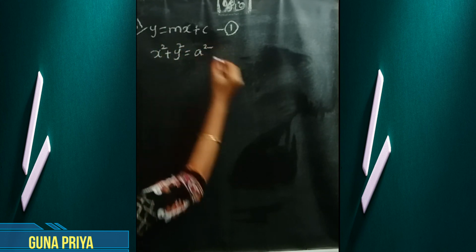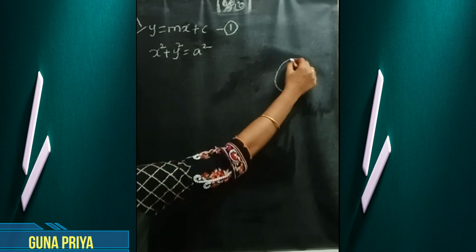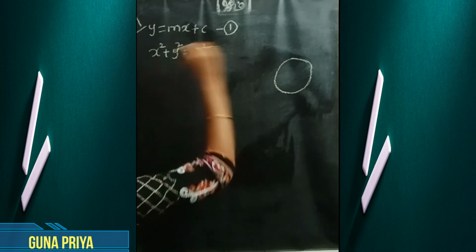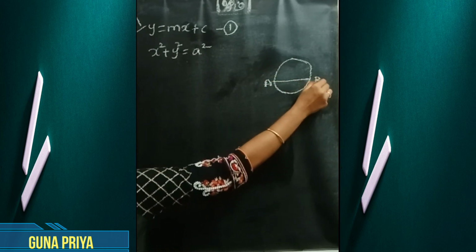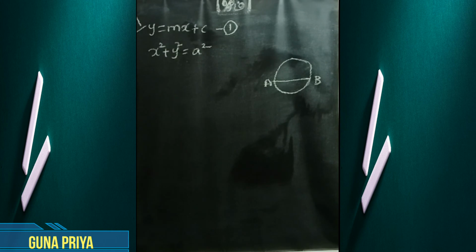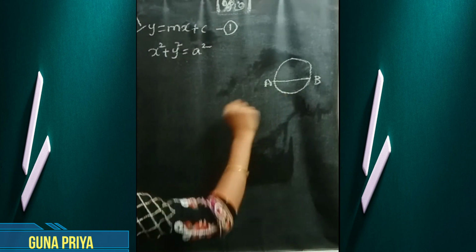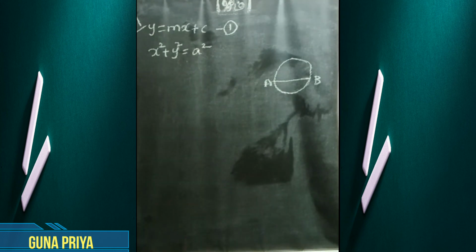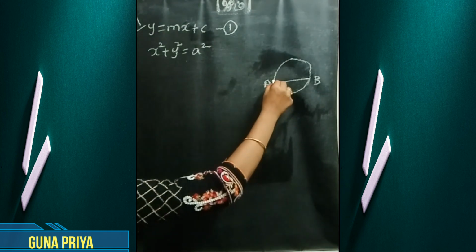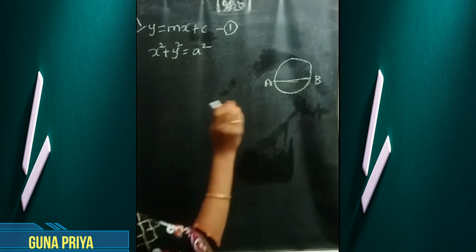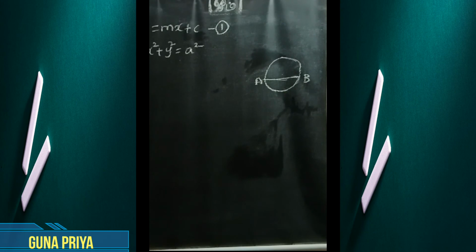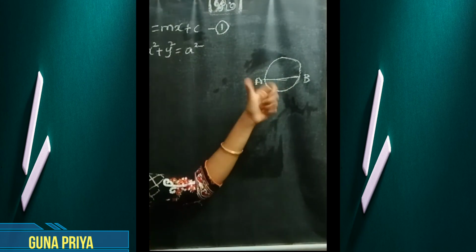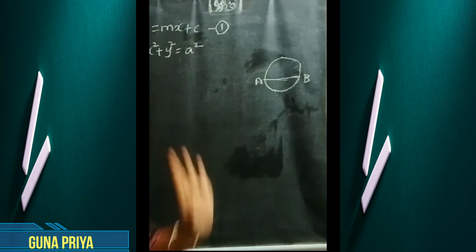Okay. That means they have given a circle equation and a line which is passing through A and B. That means a chord. That is nothing but a chord, intersecting at A and B. Already we know what a chord is: a line passing through the circle. The biggest chord is the diameter. If it passes through the center, it is a diameter. If it passes through 2 points, A and B, that is nothing but a chord.